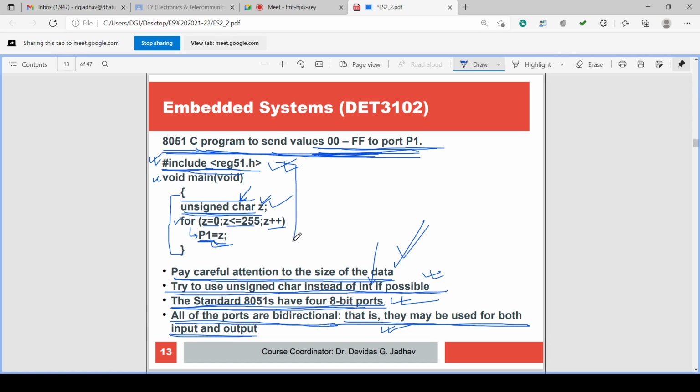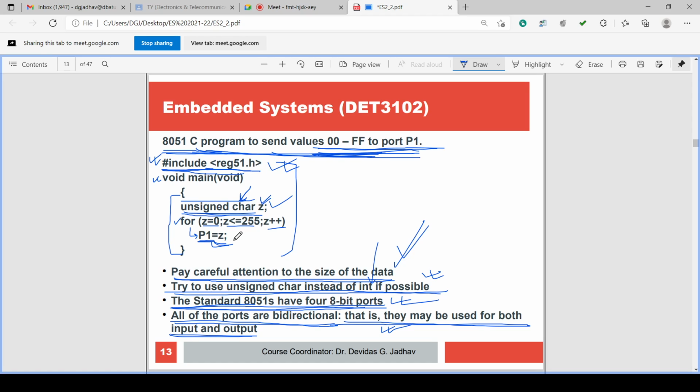So many things we have studied: inclusion of the header file, structure of void main, defining the variable data type and variable name, then using the for loop for varying the values from 00 to FF, and assigning the value of Z to port 1, P1. All these variable values are there.